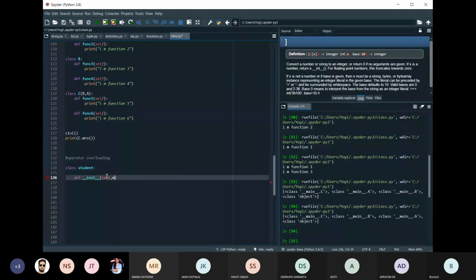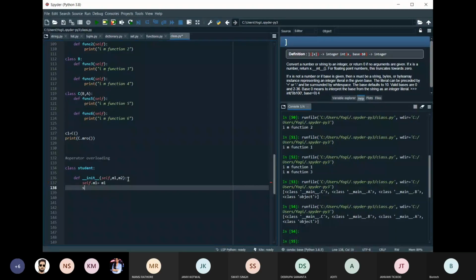Two arguments I have passed, not three, because self is basically referencing itself. So the two arguments are m1 and m2. Then self.m1 is equal to m1, and self.m2 is equal to m2. Okay.